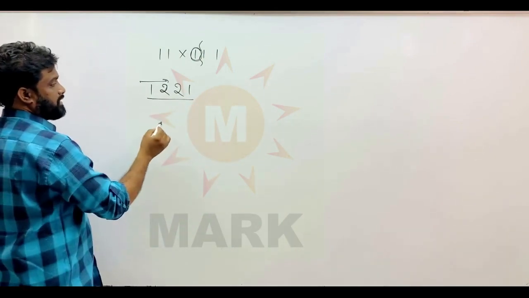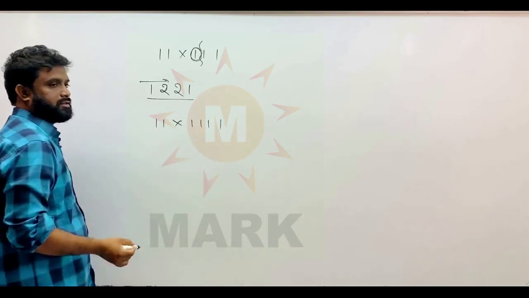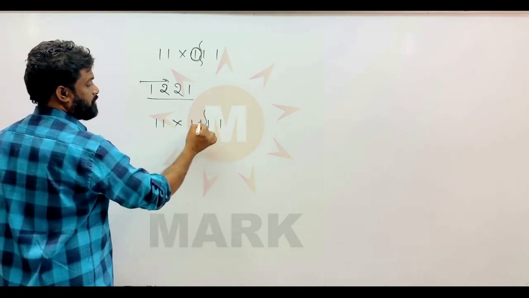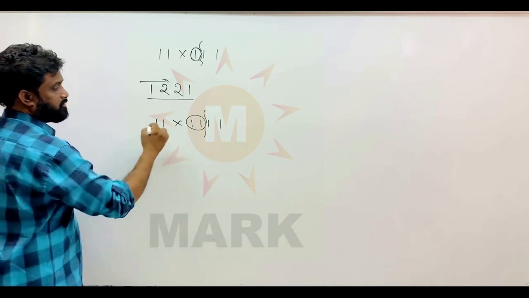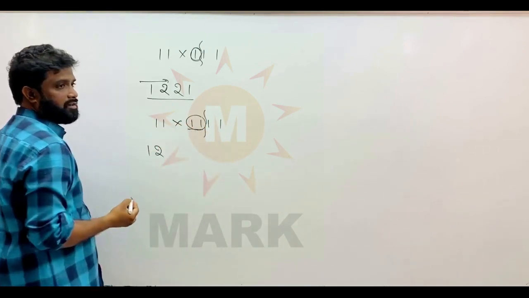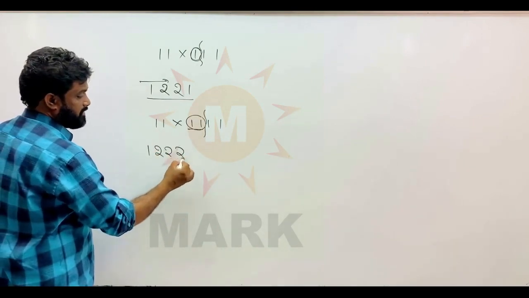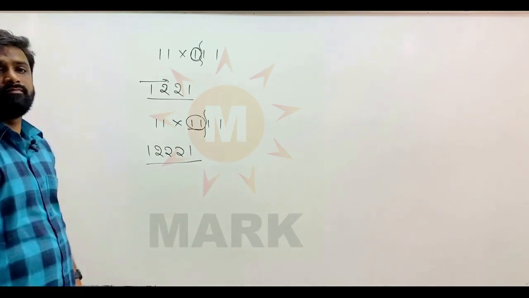Suppose I take one more example. I am multiplying 2 ones into 4 ones. So first, how many extra ones do you get here? 2 extra ones. So first we do 11 into 11, like 1, 2. Then how many extra ones do you get? 2 extra ones. That means this highest number you have to write 2 extra times, and then you have to write the rest like this.